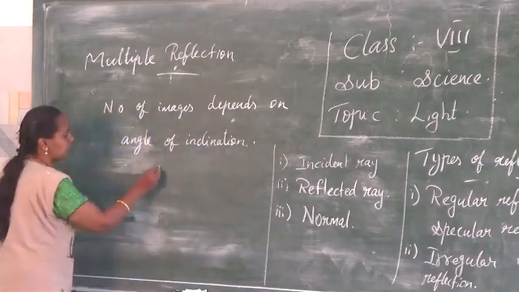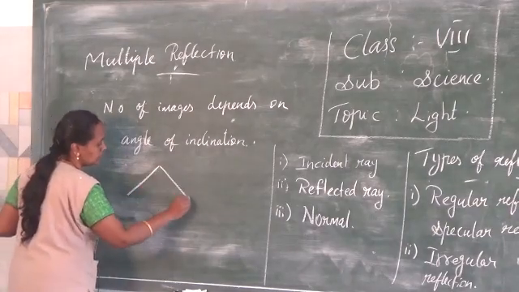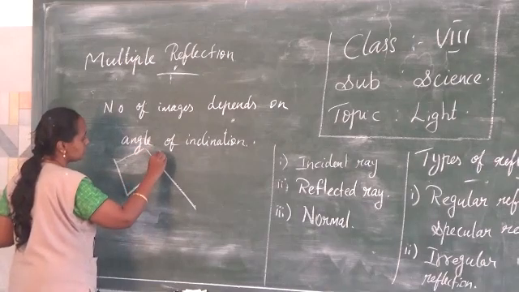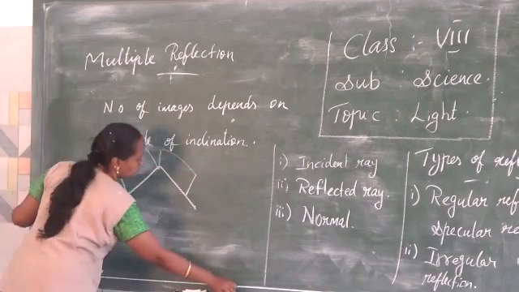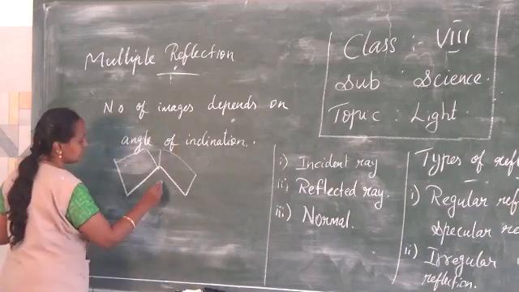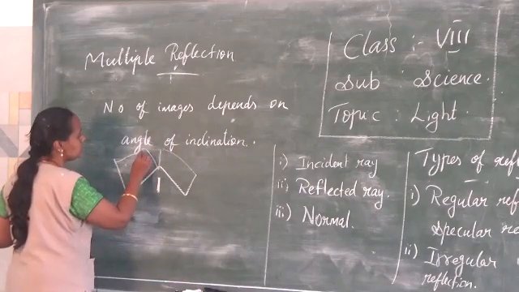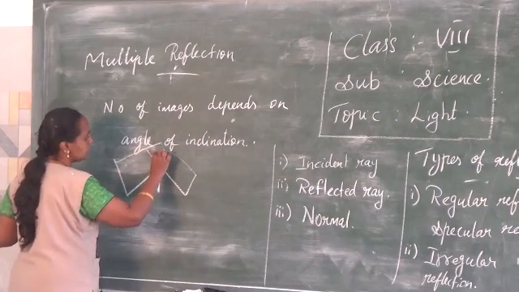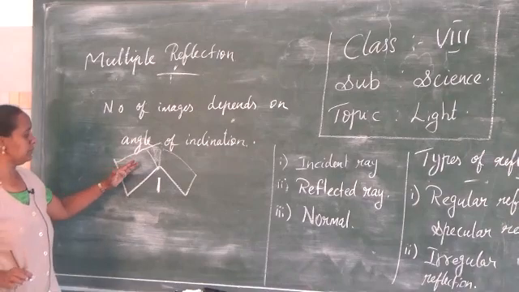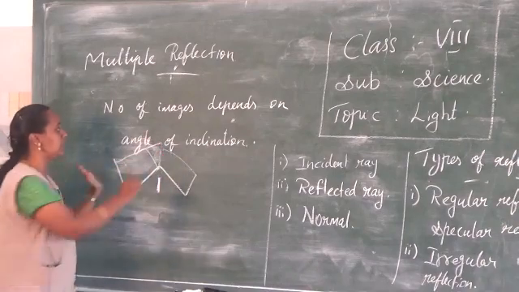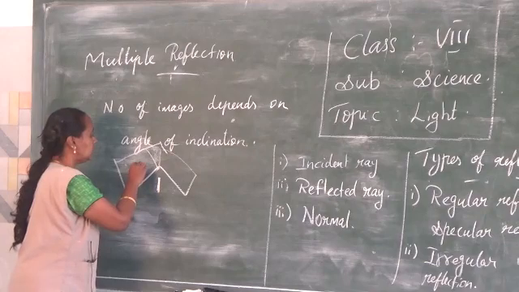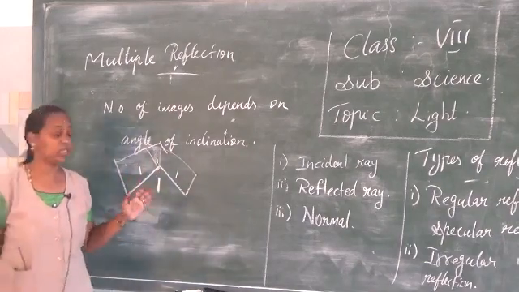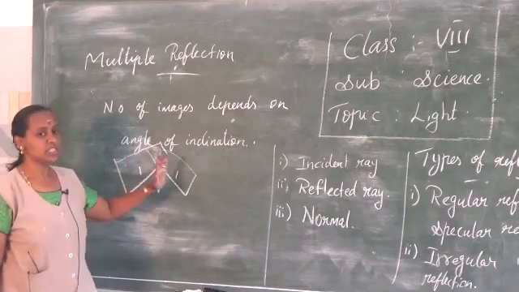For example, when I keep a mirror here, this is just a very rough diagram I am drawing. You can try it at home also. Here, when an object is kept, the mirror will be extended. When you keep it closer, the shaded part is the extended part of this mirror, and this is the extended part for the other mirror, so that three images will be formed. When an object is kept here, three images are formed.